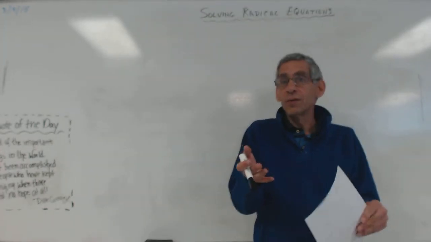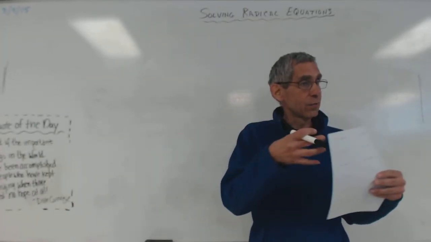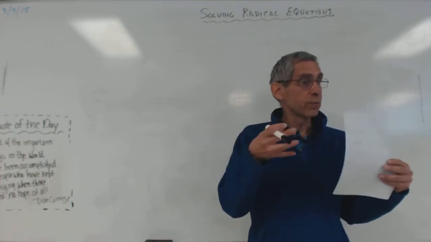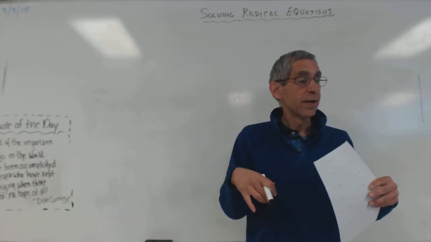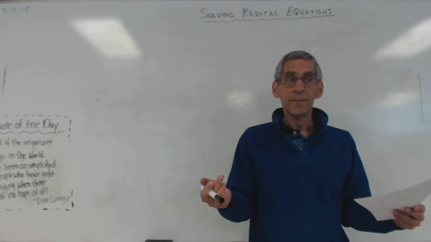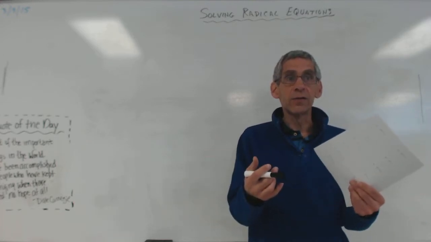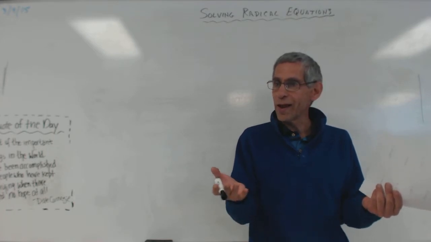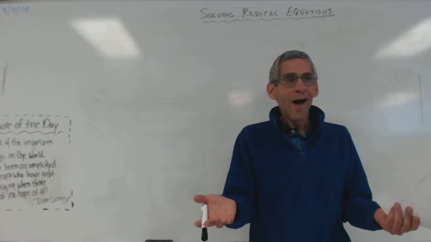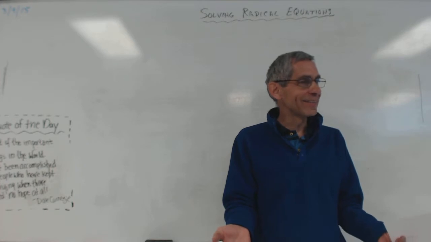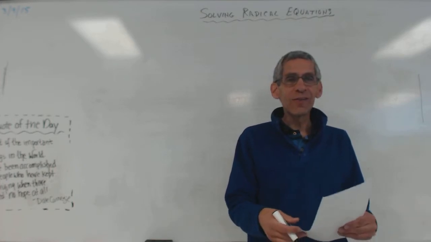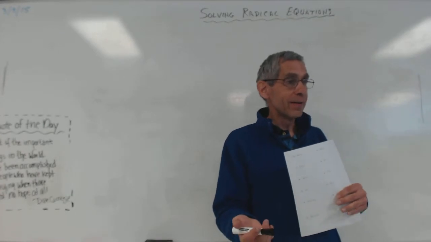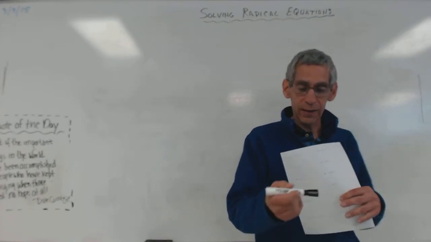We also know how to multiply radicals, right? When the numbers are under the radical sign, you can multiply them and put them under the same radical sign. And then you can simplify them, right? And we know how to divide radicals, but we've never talked about equations. What? Oh my gosh, right? So we've got to put an equal sign in here and actually solve, right? So